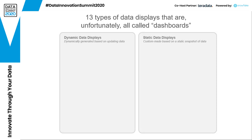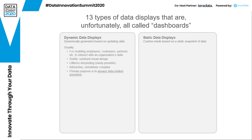And then we have static data displays, which, as the name would suggest, are displays based on a static snapshot of data that may never be updated, or if it is updated, it would only be updated on an ad hoc basis. And if we look at some of the properties or best practices associated with dynamic data displays,